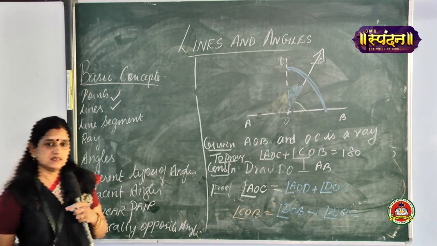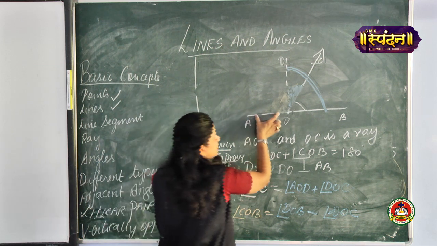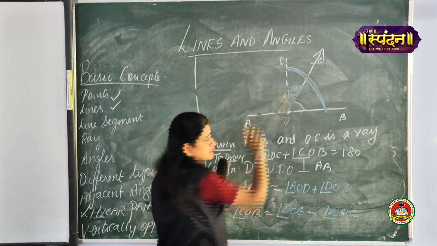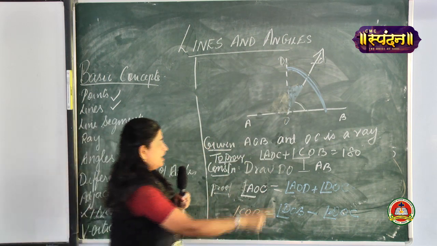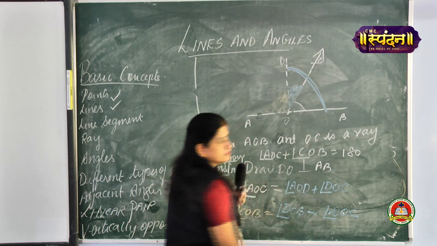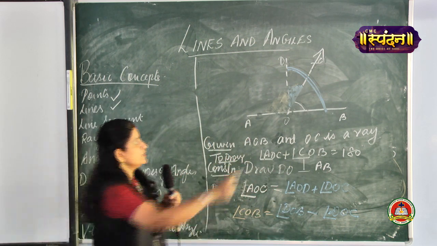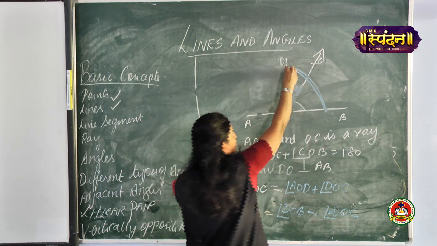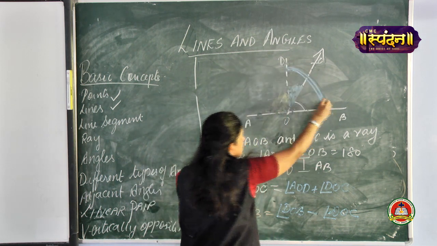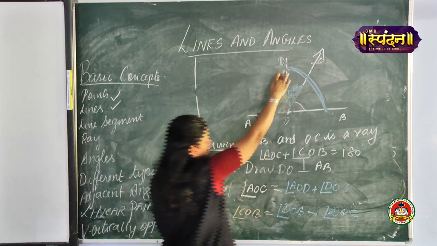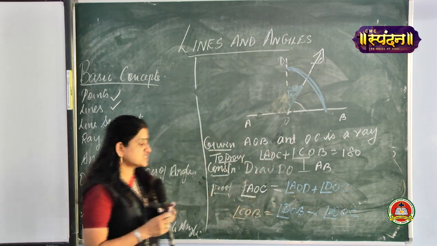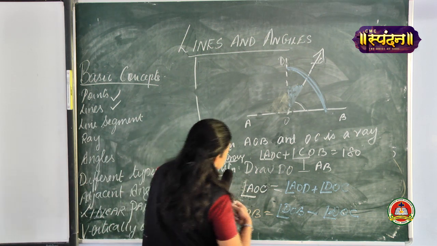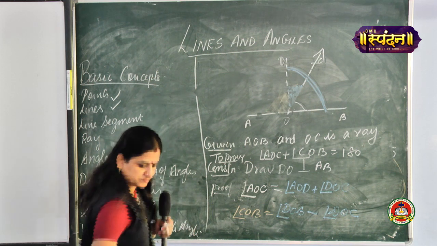Have you been able to understand these two steps? First I am splitting this AOC as AOD plus DOC. And coming to angle COB, there is no ray in between COB. So I am going to take this previous perpendicular and subtract from that, that is the angle DOB minus the angle DOC. But you know that angle AOC, you know that, so rearranging you will be getting